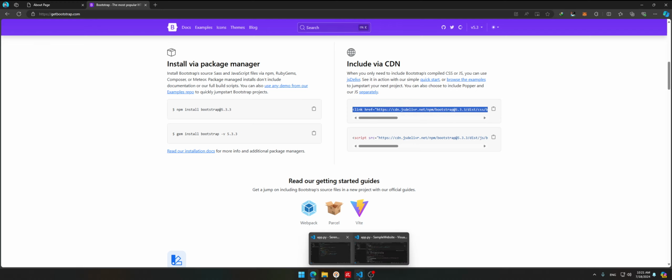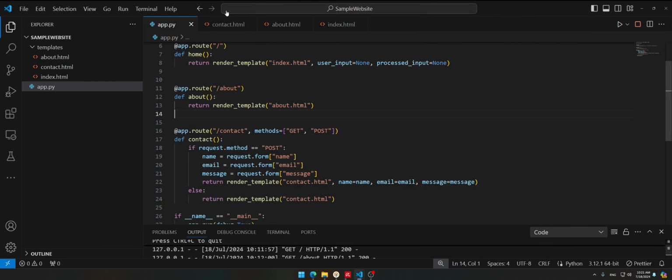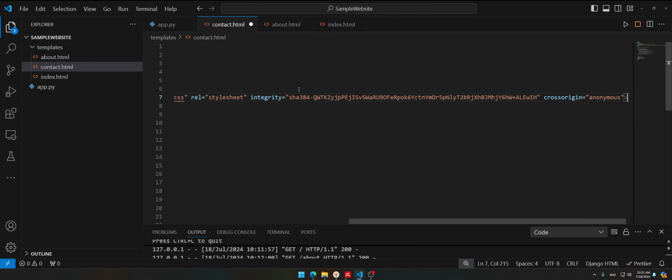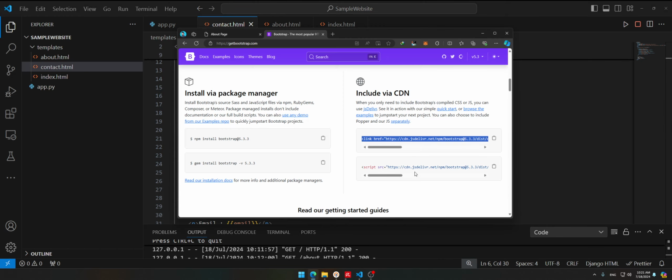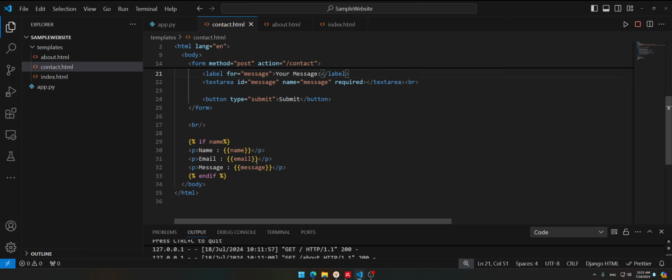It's a link one. Oh, sorry. Oops. Okay. Let's just put the CDN of bootstrap here and the CDN of JS. I'm gonna just make it some